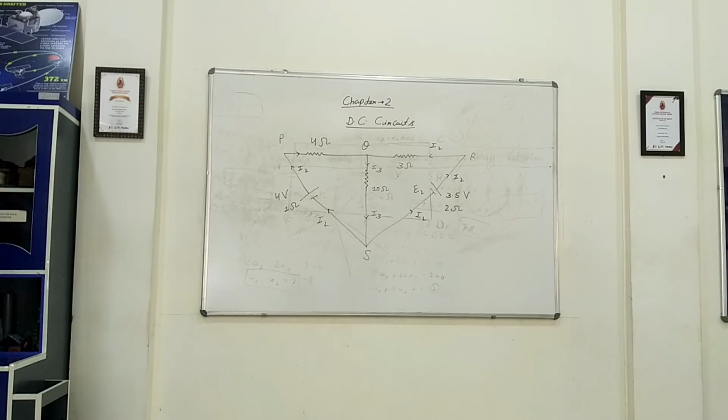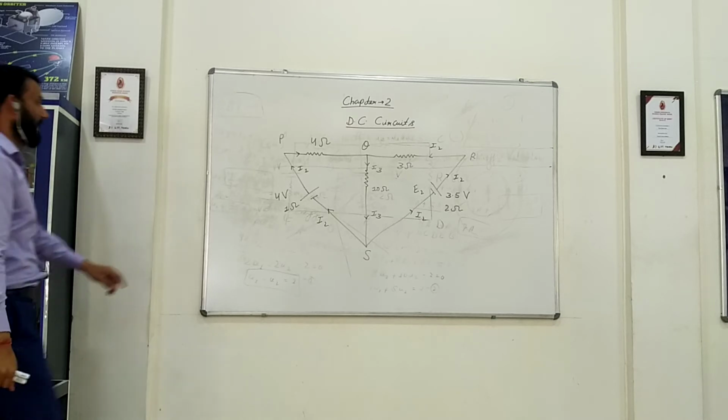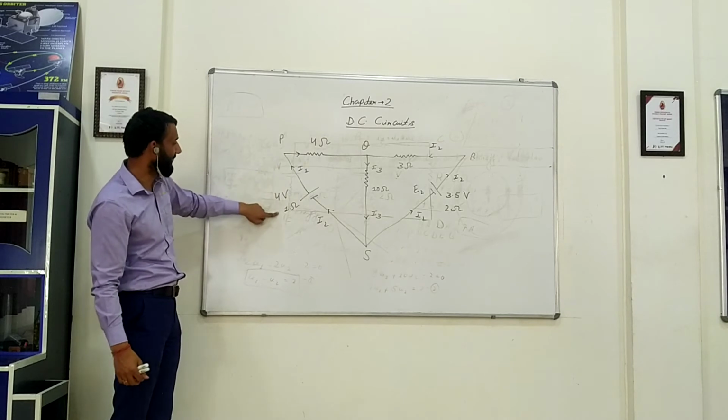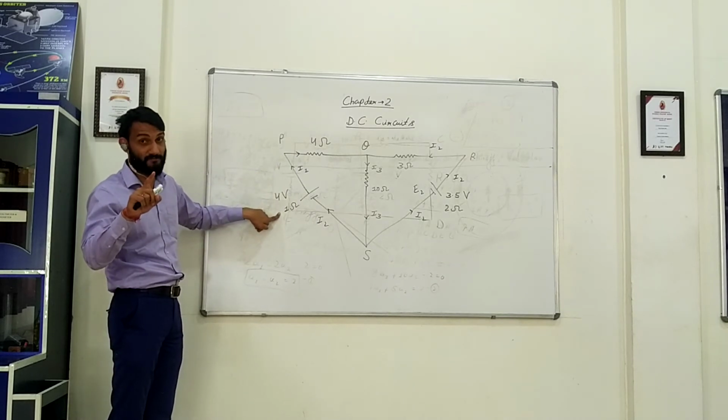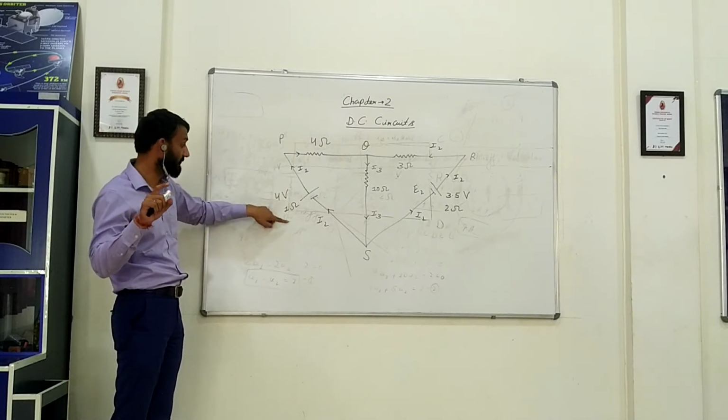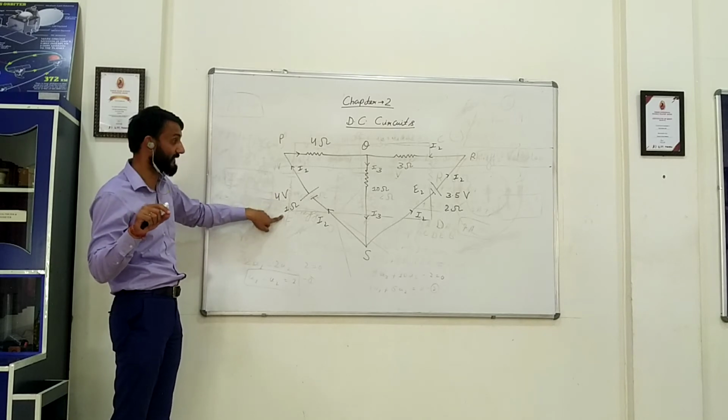So this is the diagram of the second question. As you can see, it has some resistances, it has batteries. Here the cells are given and the internal resistances of the cells are also given. That is also important, because when you solve this, it will also come into consideration.